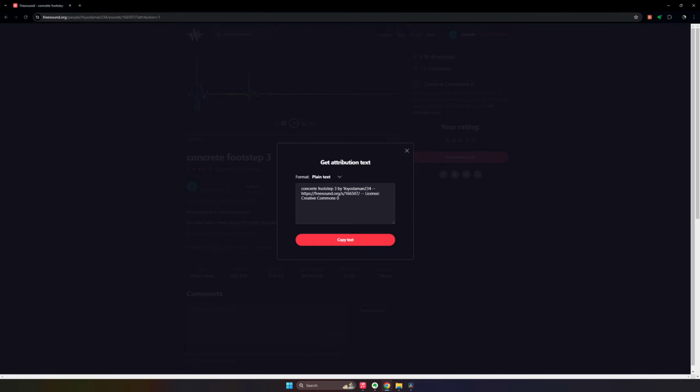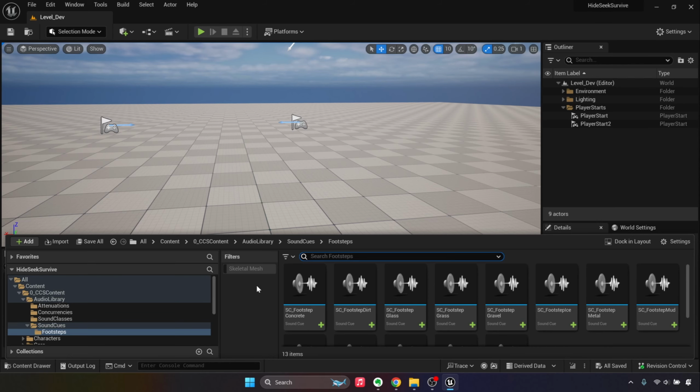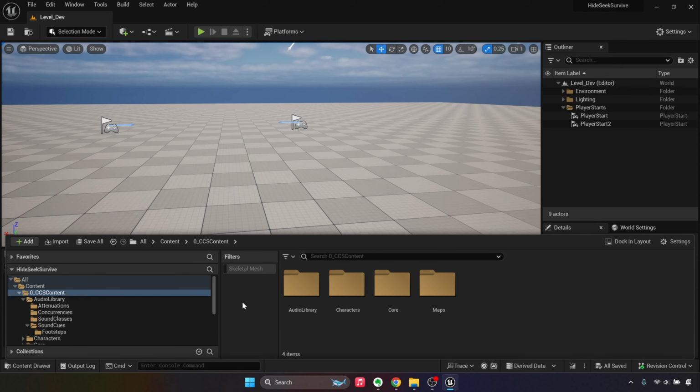With the Creative Commons license, you can use things for even commercial products without notifying the author, but you absolutely have to have that proper attribution text or else you could run into legal issues. Just don't want to see that happening to anybody, so please don't get sloppy and put this into your game if you're going to include these sounds as a part of it. Alright, so after that legal rant that I hope will make my lawyer friends proud,